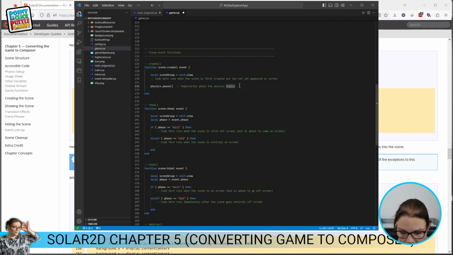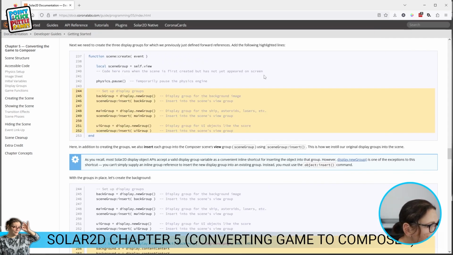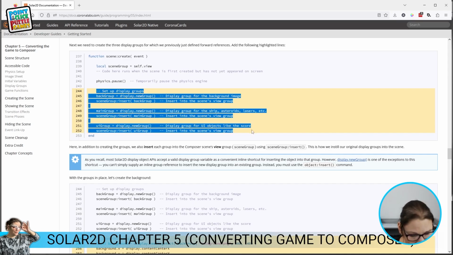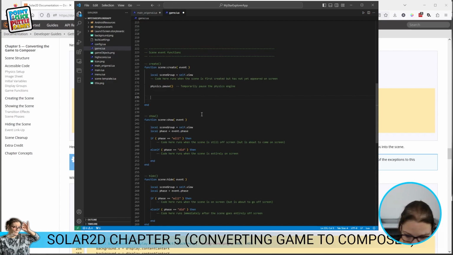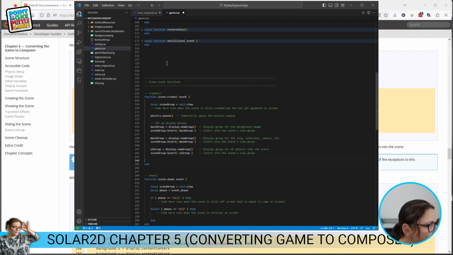So we are going to come down here. We're in the create section, everybody's in the changing rooms, the stage crew are making the props. So we are going to copy all of this to make life easier. Cut, or copy I should say, and go back, and then I'm just going to paste this. Oh, let's indent it, make sure our code is nice and neat. So now we've taken our